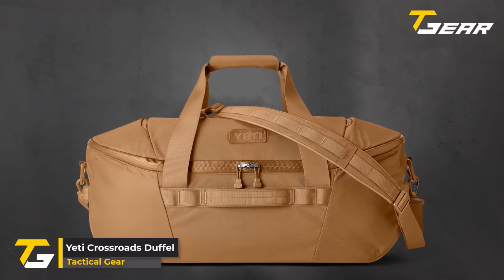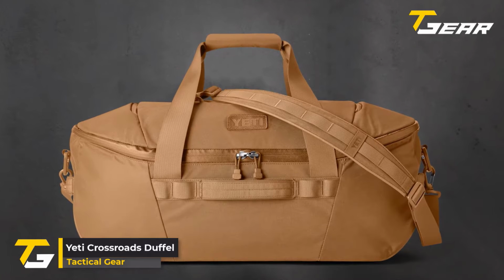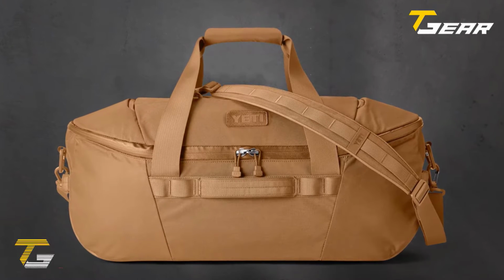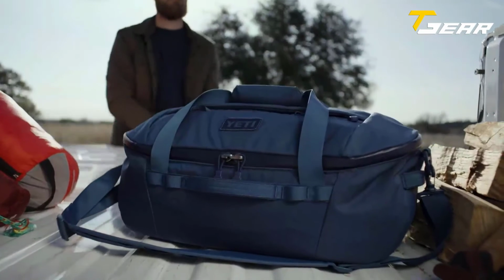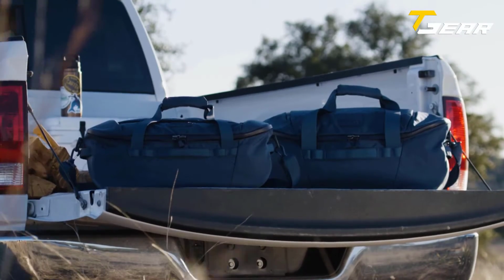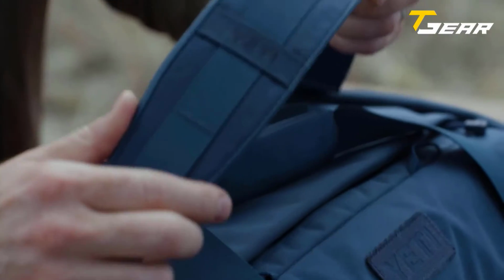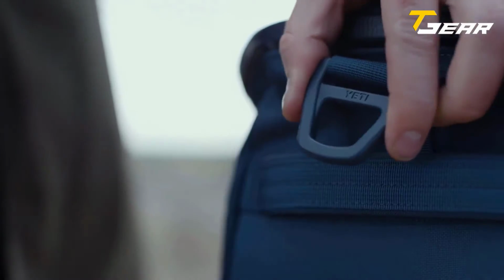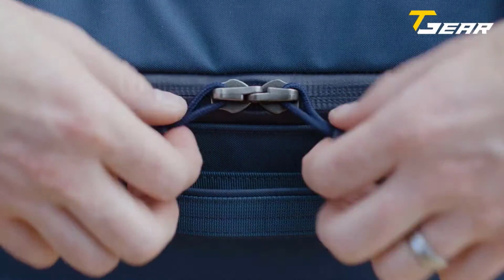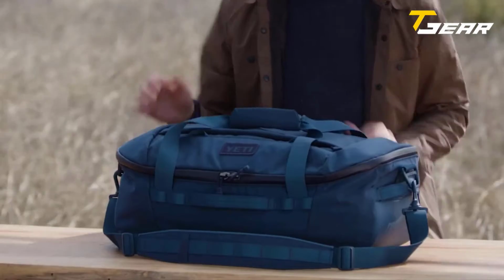YETI Crossroads Duffel. The YETI Crossroads duffel bag has internal structured foam walls, which keep it from folding in on itself. These walls are supported by a compression-molded base that is incredibly strong and serves as a reliable platform. The bag also offers room to maneuver when loading and unloading your gear. The dual divider panels divide the bag into various areas to aid organization while also contributing to the stability